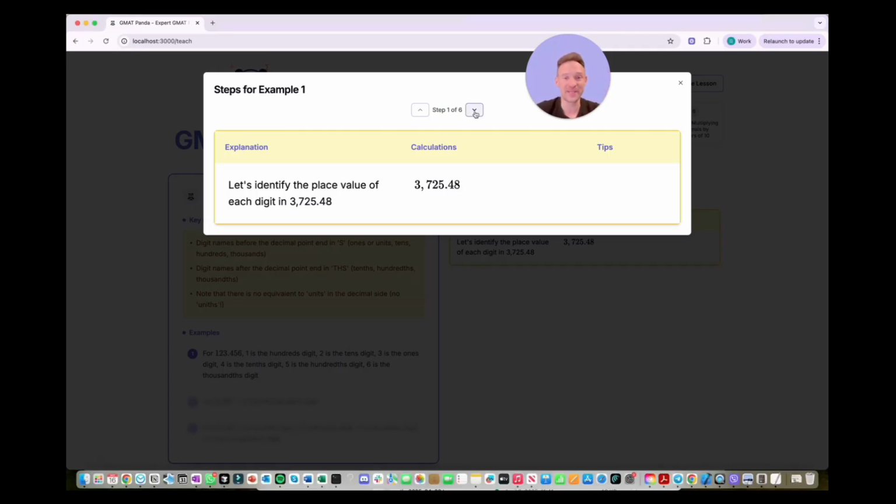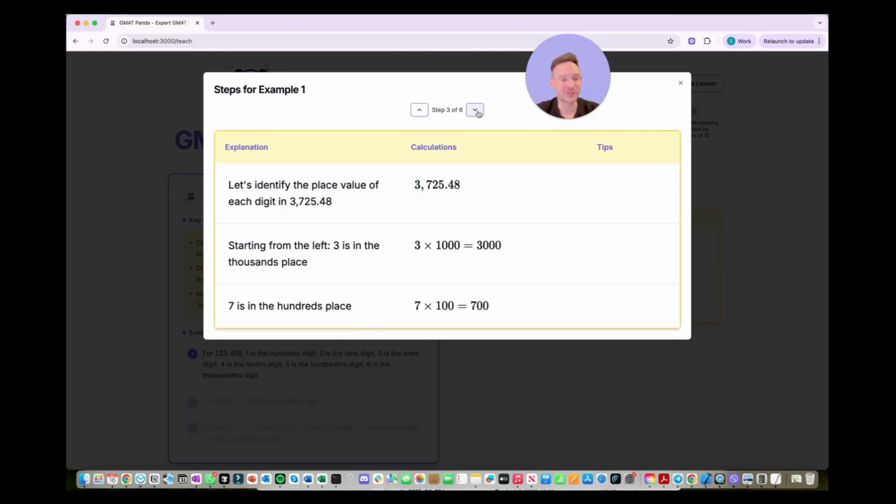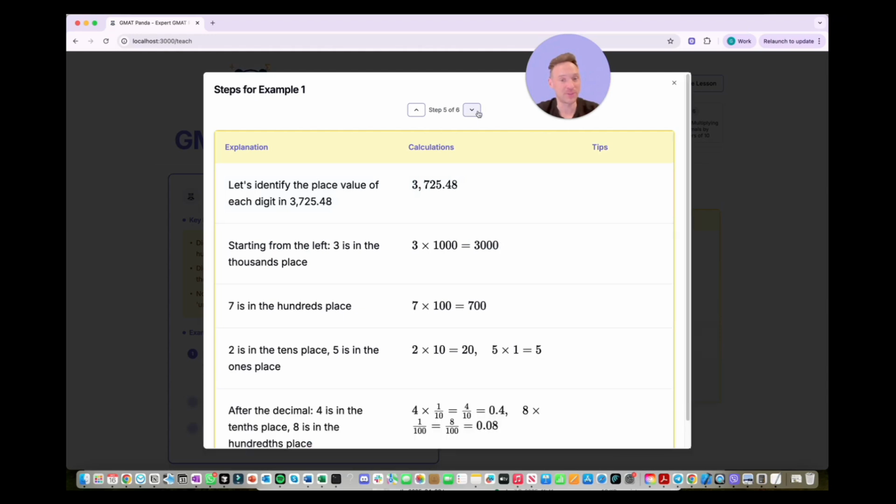So in this case, the 3 is in the thousands place. Okay, so it ends in S and there's no TH. That's because it is on the left, so in the whole part. So this would be the ones, this would be the tens, this would be the hundreds, and this would be the thousands. And so 7 is the hundreds, 2 is the tens, 5 is the ones,